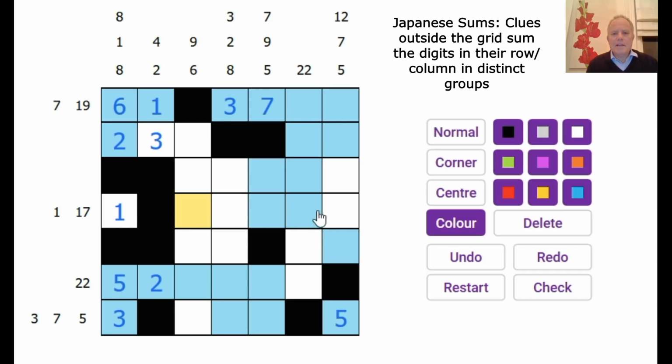So now we've got 17 along here. 17 plus 1 is 18. The total of 1 to 7 is 28. So we're missing 10. This must only be 3 or can't be 4 cells long even. Because they would have to be, oh no, sorry, it could be 4 cells long. Okay, don't quite know how to resolve that yet. 22 here could either be 3, 1, 4, and 7 in some order, or